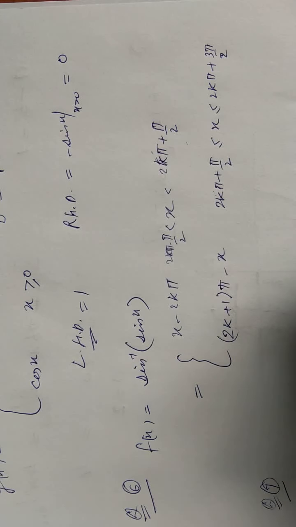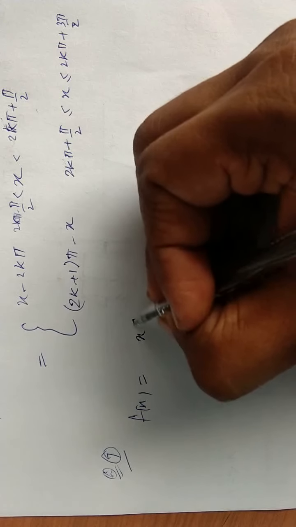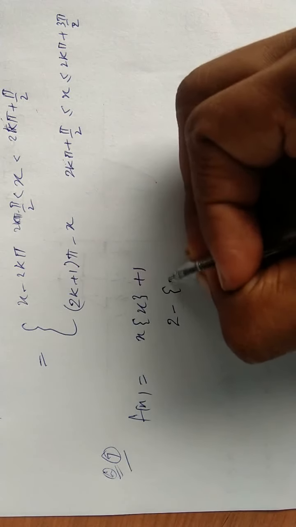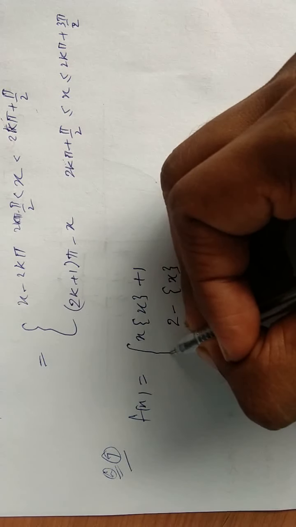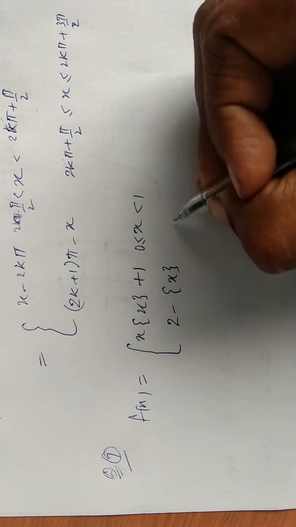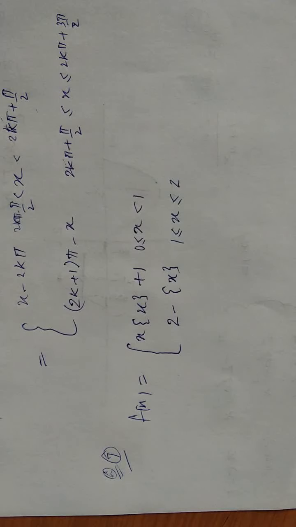So question number 7 says f(x) is equal to this when x is between 0 and 1 and when x is between 1 and 2. Okay. So first we need to check whether the limit as x tends to 1 exists or not. So when x tends to 1,